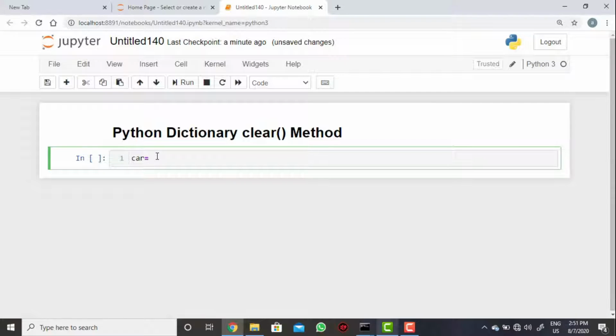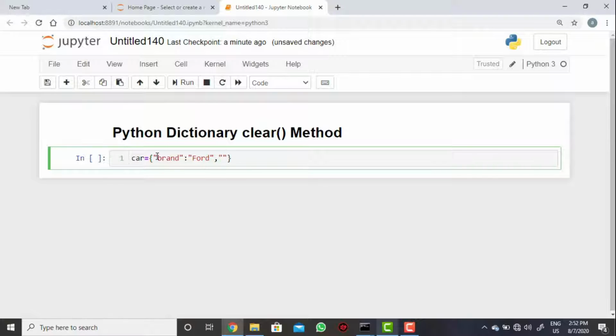I'm just taking car equal to, you can take any values, like brand, then key and then value here, Ford. Whatever you take, no problem.